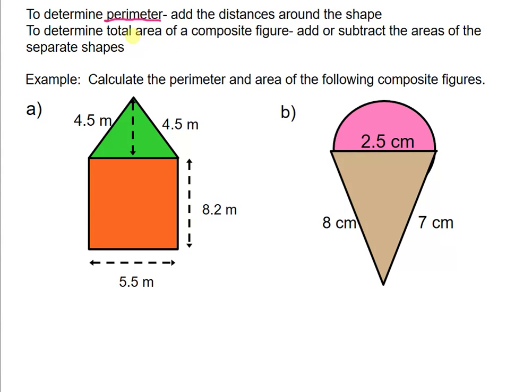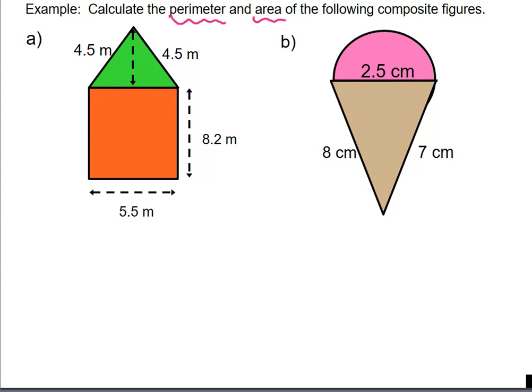And to determine the total area of a composite figure, we're going to either add or subtract the areas of the separate shapes. So we're going to add them if the two shapes are combined, and we're going to subtract them if one shape is actually taken out of the other figure. So for these examples, calculate the perimeter and area of the following composite figures. Okay, so